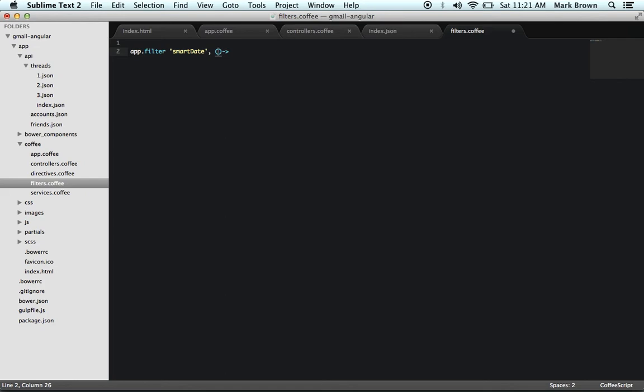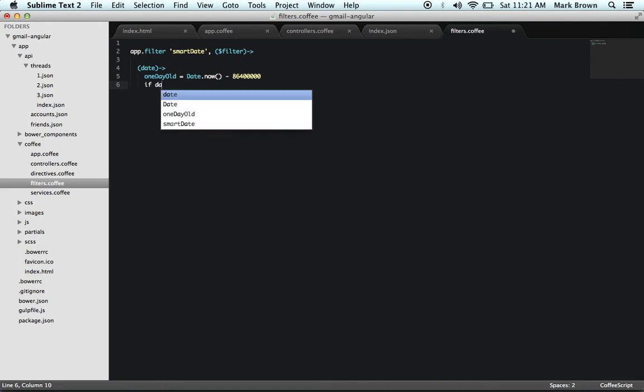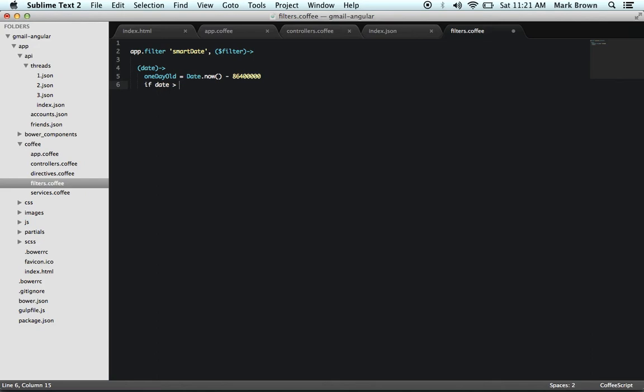So we want to reuse Angular's date filter, so we can pass in filter, and this filter is going to take a date, a timestamp, and one day old equals date.now minus 1 day in milliseconds. And if the date is